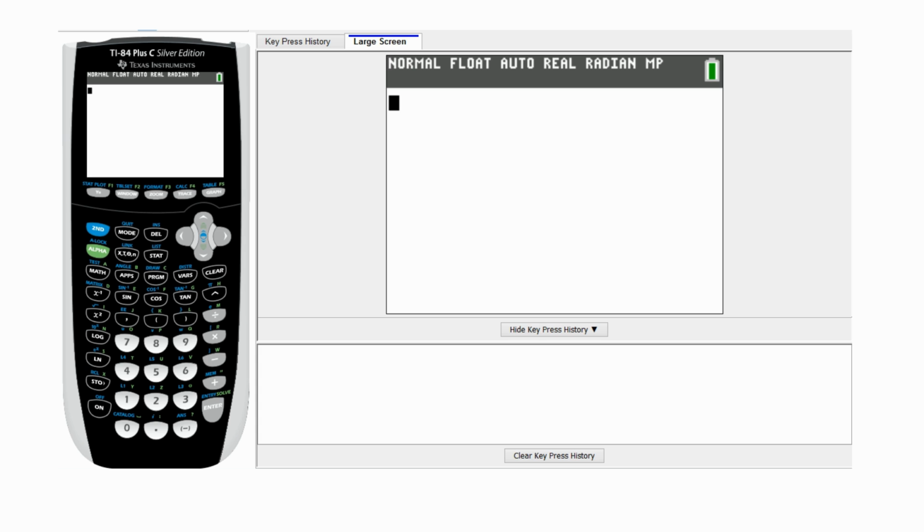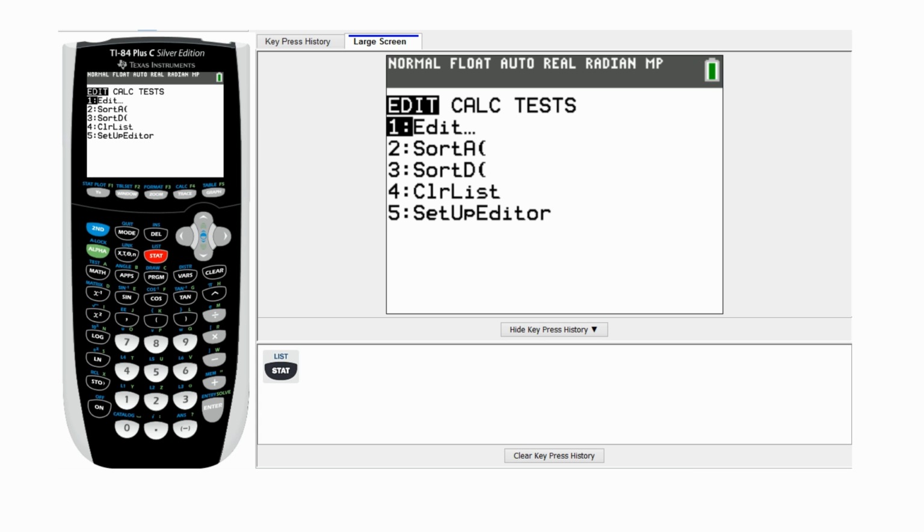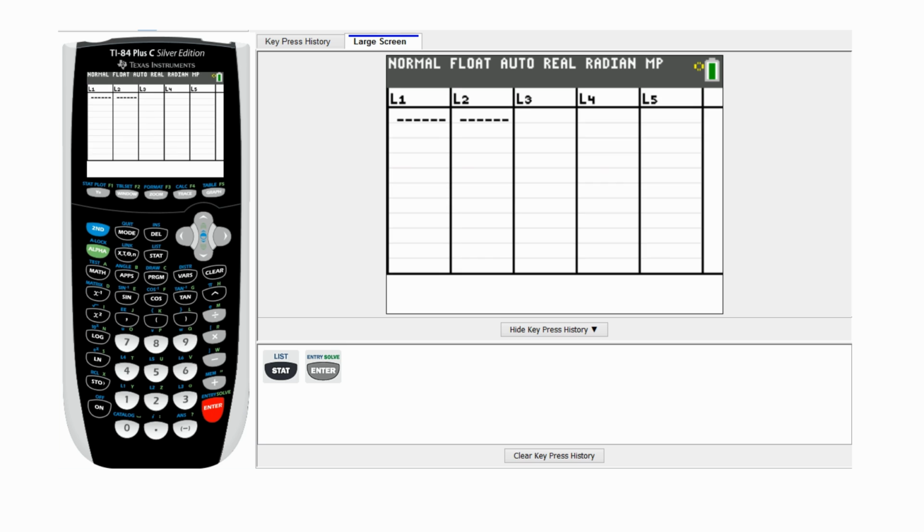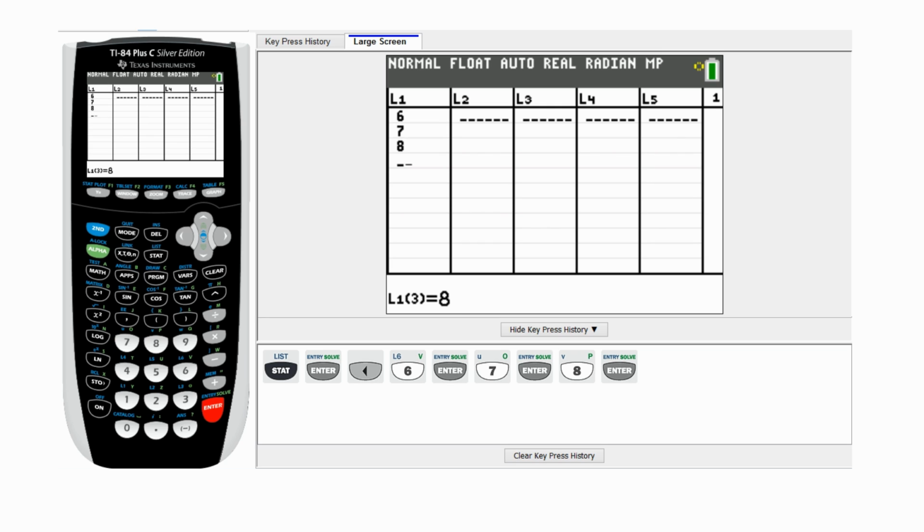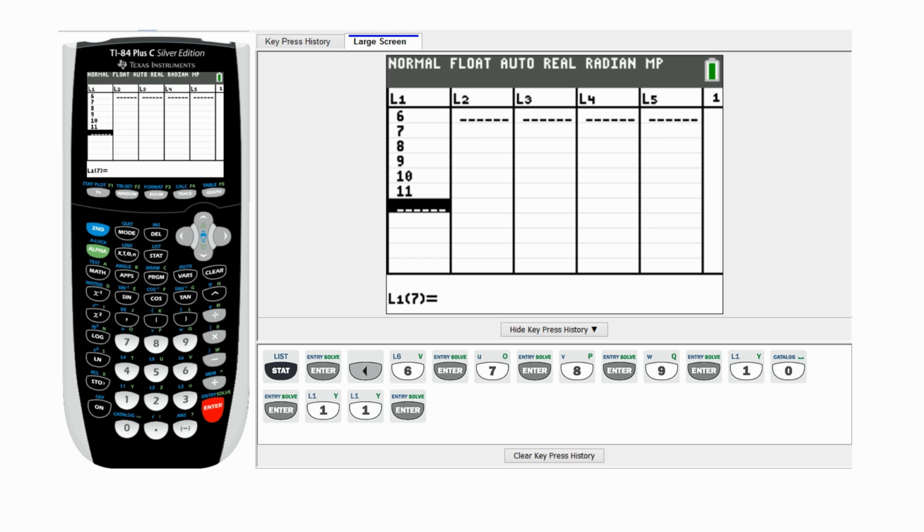Let's begin by graphing our data points. So stat and then enter. Make sure you're under L1 and we'll type our data for T, 6, 7, 8, 9, 10, 11, 12. Go over to L2 and then type the data for A,